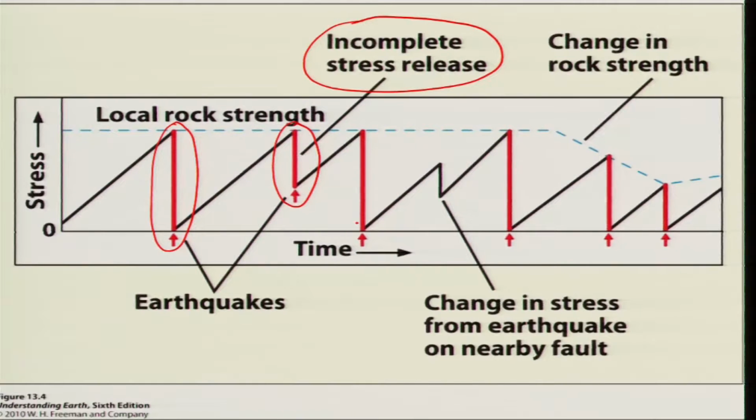It could be of large magnitude, and this whole thing is dependent on the change in the strength of the rock. Because over time the strength of the rock will change, you may not have very systematic earthquake occurrences. The repetition or the time taken, the recurrence, will change,